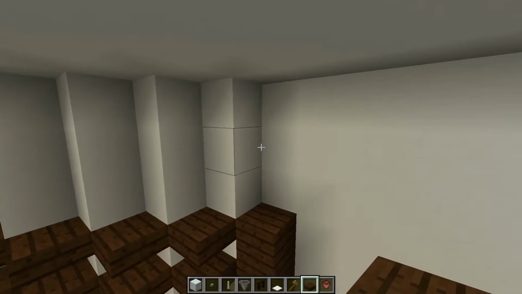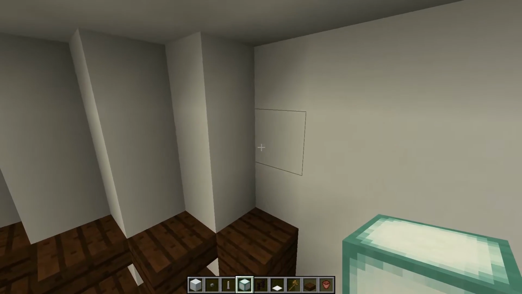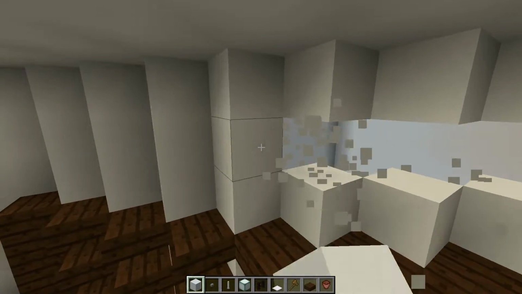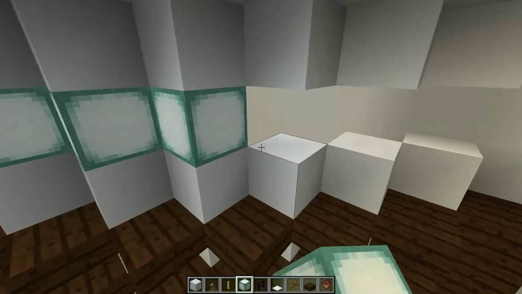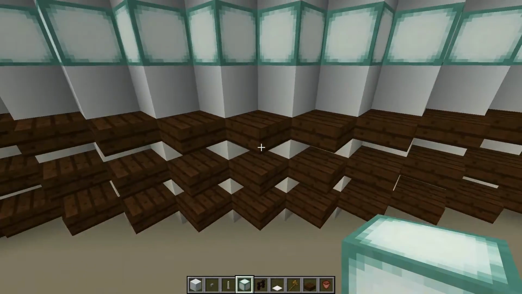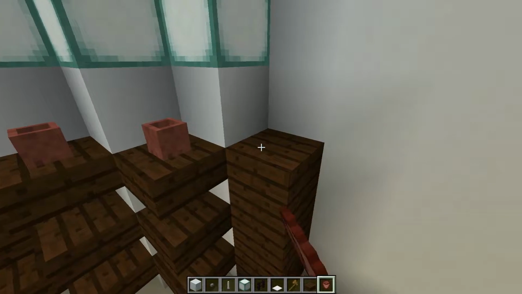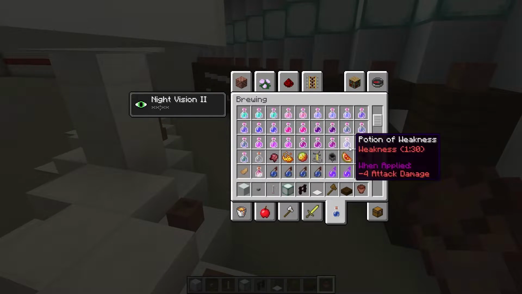Just needs to be somewhat convincible. I kind of want to put a strip of light right here. Alrighty. And then we can put cups up here. Something like that. Although, let's see if there's anything else that kind of looks like a...